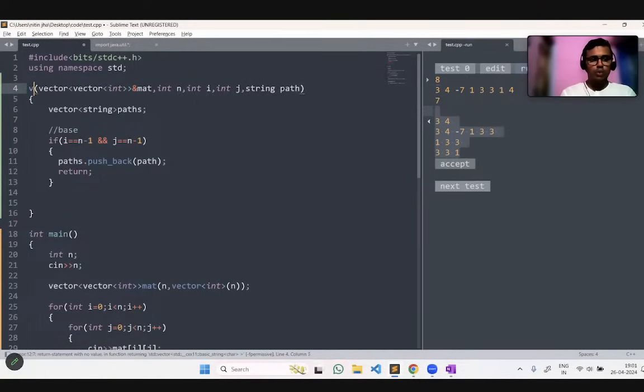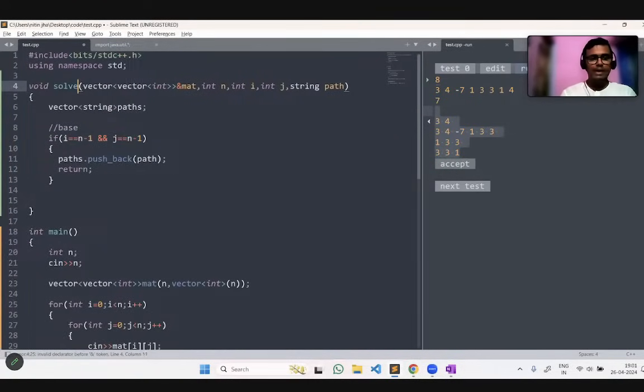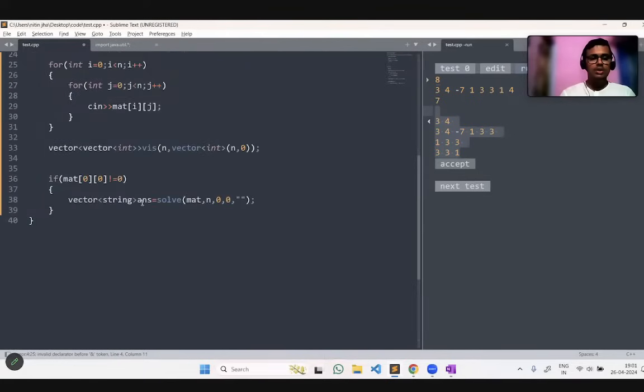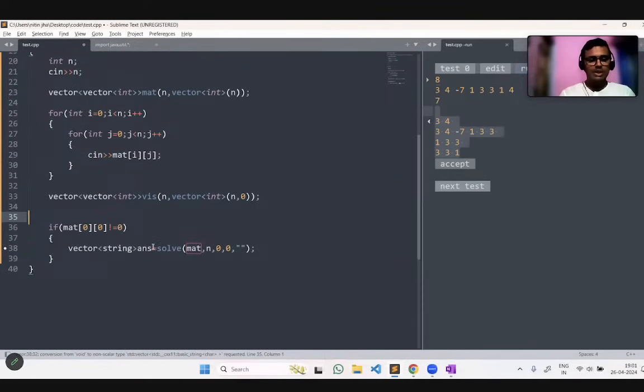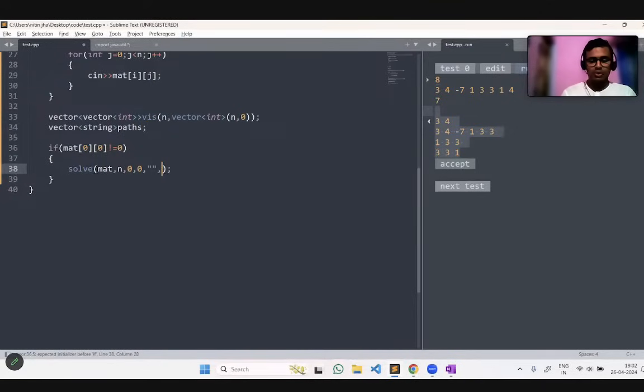When we create it up here and then write solve, you will understand why. We do not have to pass another variable in the solve function. We just have to write a vector of string of answer, or paths, and in that we just add that path up here.